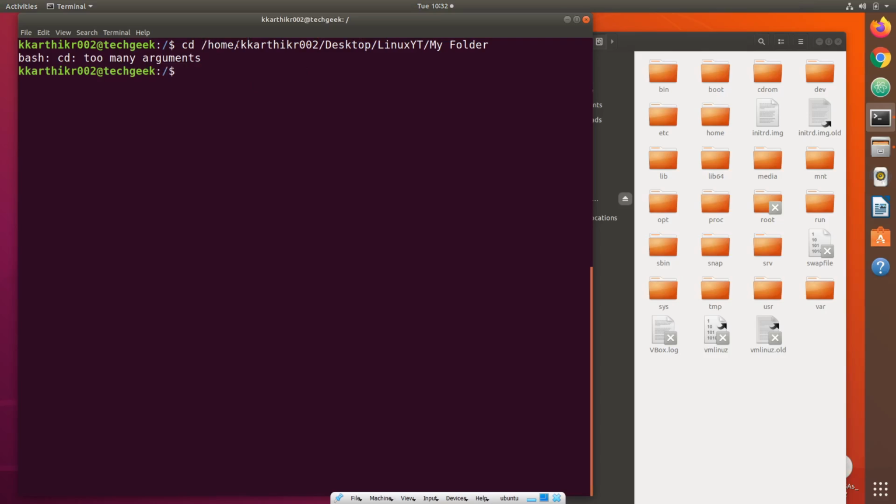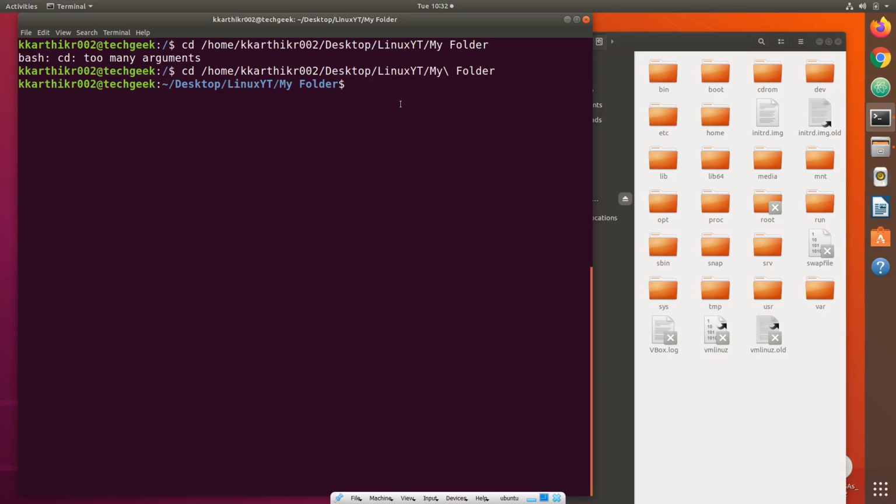To change our directory to my folder, we can just use cd space. Let me paste it. We can either use backslash to escape this space. We are now in my folder.